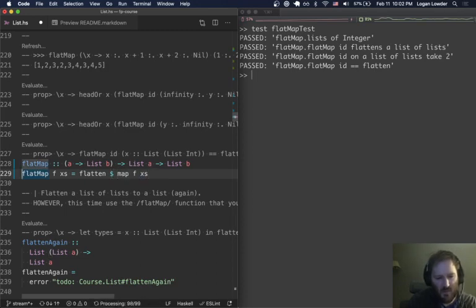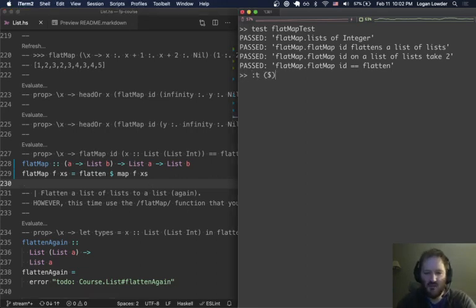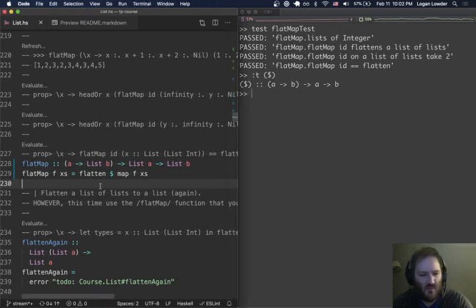So the $ sign is basically a way to defer evaluation. That's the way I think about it. The $ sign takes a function a to b, takes an a and returns. So it's just like function application. So it's just saying apply flatten to everything that comes after this $ sign. So if we did this,